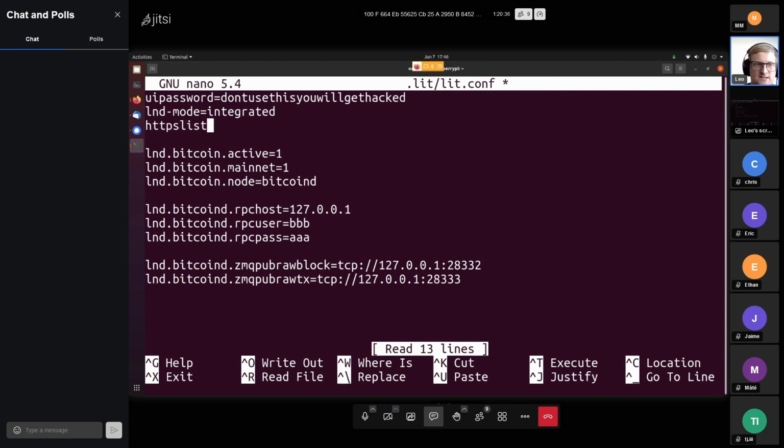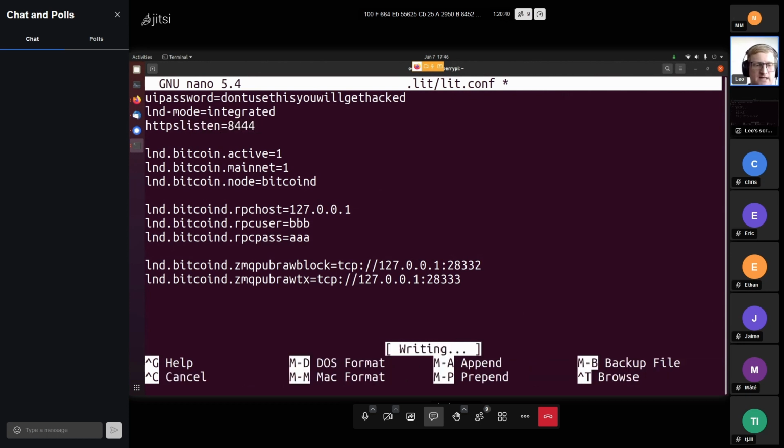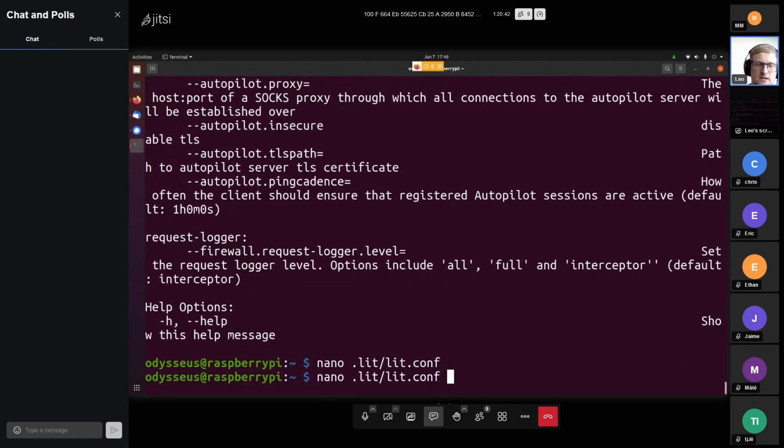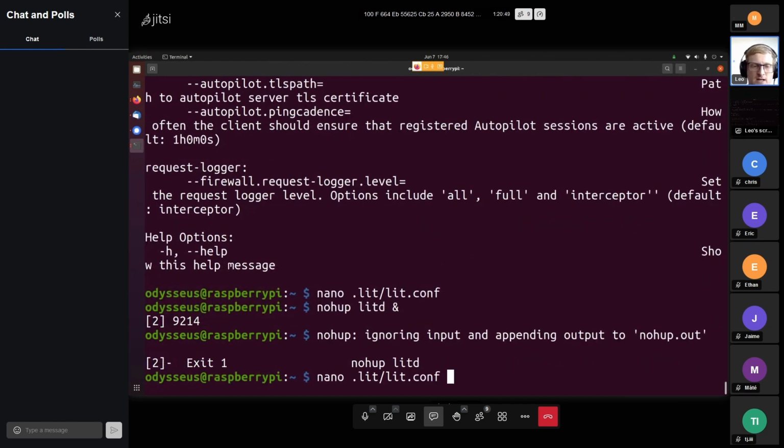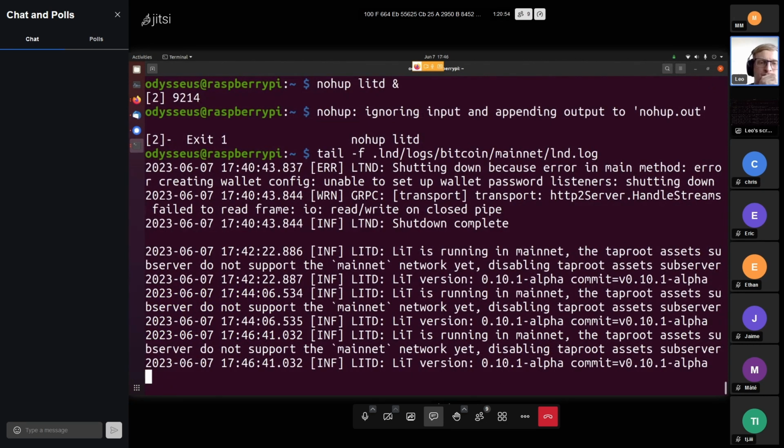HTTPS listen equals 8444. I'm just gonna make it listen on another, and I'm gonna try to run this command again. Okay, and then I'm going to look at the output. And again,